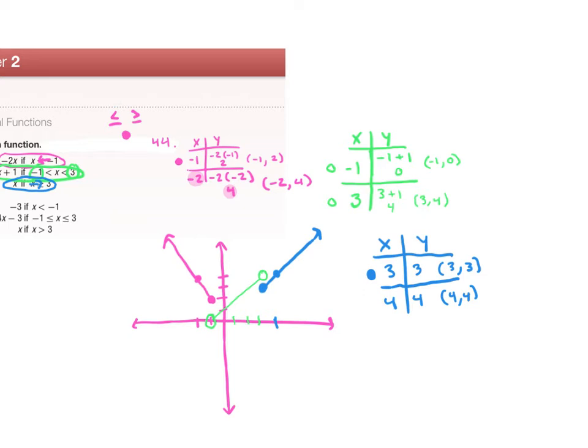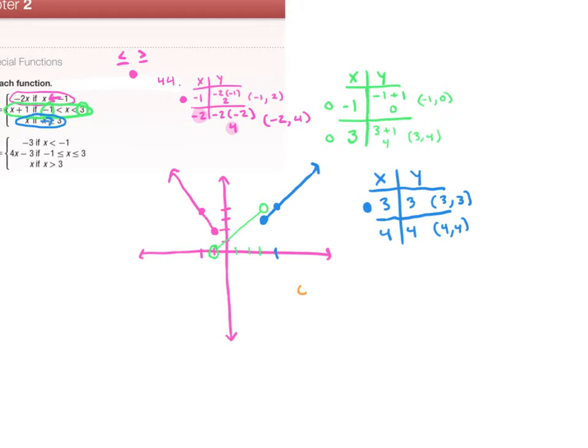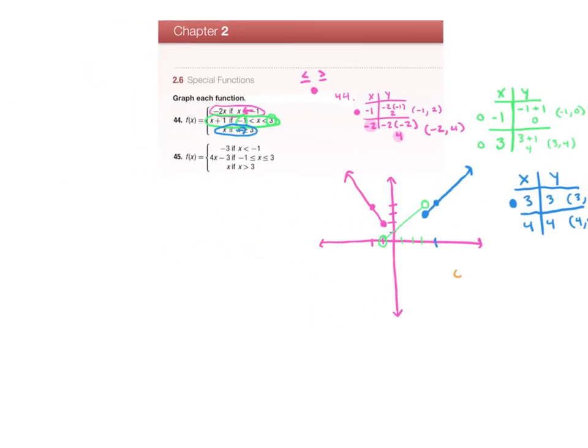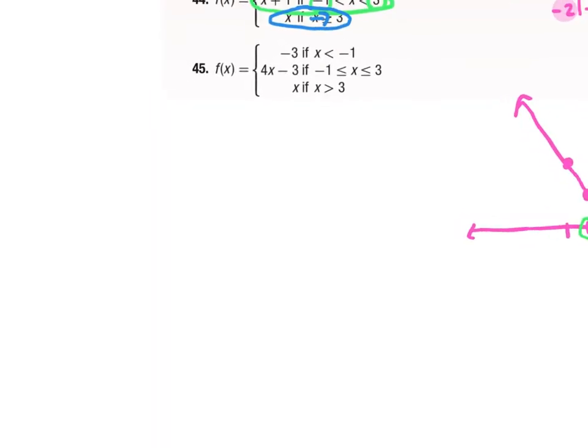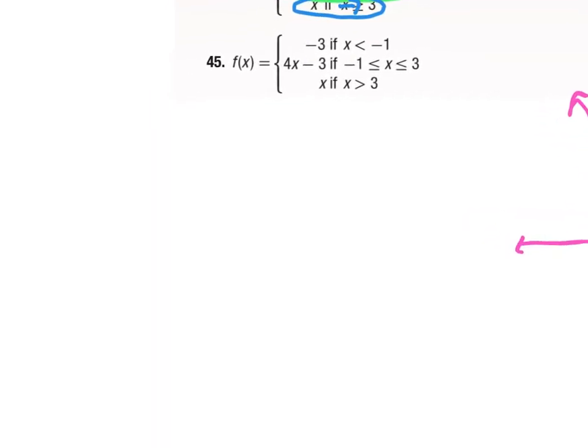So this is number 44. All right, let's look at 45 from 2.6. So for our piecewise functions, we just have to take it one piece at a time. So we have